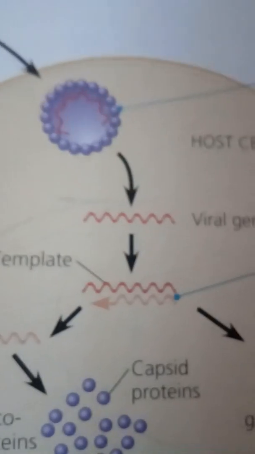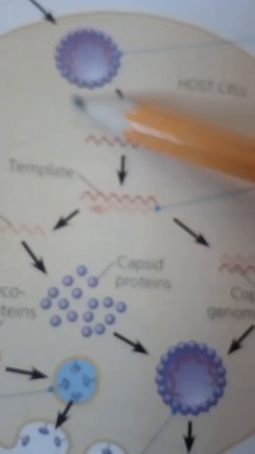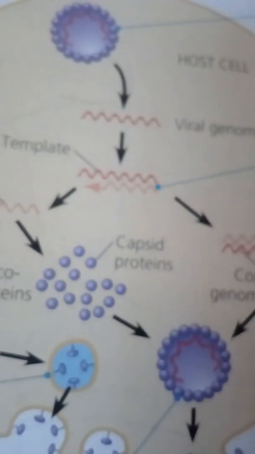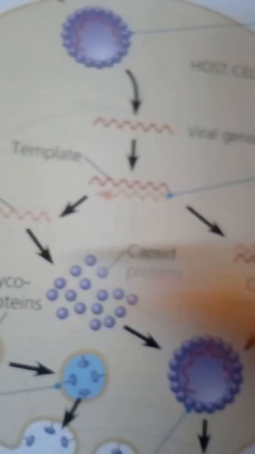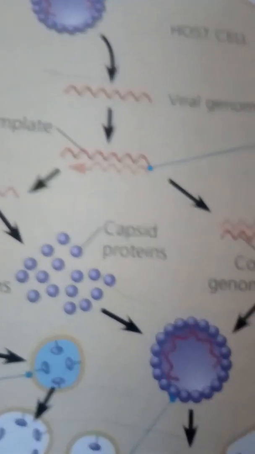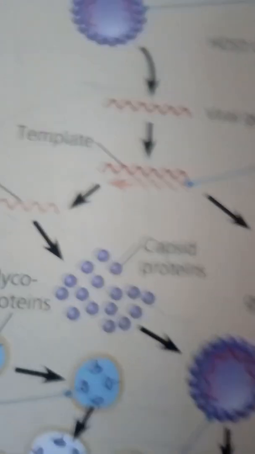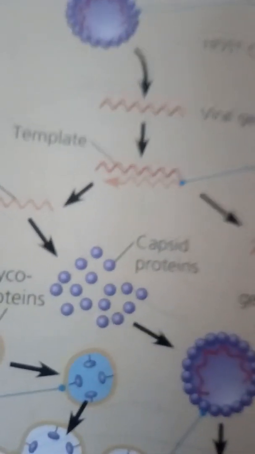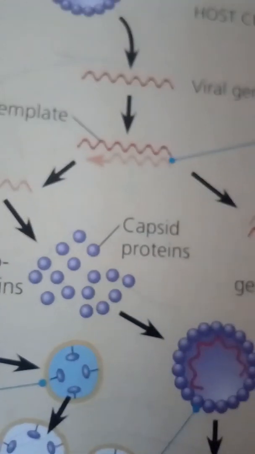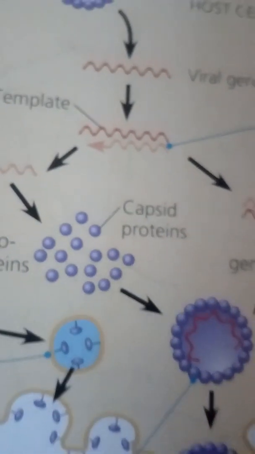immediately after infection. This figure shows a virus of class V, in which the RNA genome serves as a template for mRNA synthesis. The RNA genome is transcribed into complementary RNA strands, which function both as mRNA and as templates for the synthesis of additional copies of genome RNA. Like all viruses that require RNA to RNA synthesis to make mRNA, this one uses a viral enzyme that is packaged with the genome inside the capsid.